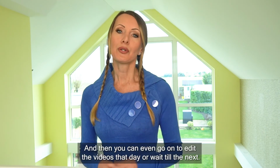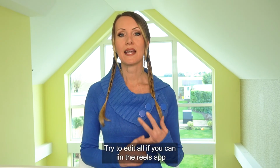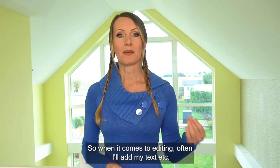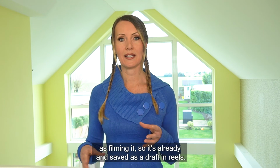And then you can either go on to edit the videos that day or wait to the next. Try to edit all, if you can, in the Reels app rather than an external video recording app, because Instagram favours this. So when it comes to editing, often I'll add my text, etc. to the Reel video on the same day as filming it, so it's all ready and saved as a draft